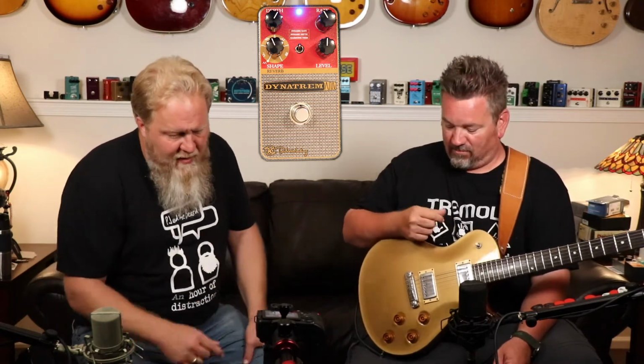We'll get to that pretty quickly. Dynamic rate in the up position, your speed knob is no longer a speed knob. It is now a speed sensitivity knob. It's how hard you have to hit it to get that speed to go up. I think we found about one o'clock you liked. Typically we would run all the knobs, but we're not going to do that. I think we're just going to run the different types, to give people a taste that way. So we have it in the sine wave, the depth a little bit over noon, and the sensitivity on the speed up a little bit. But before we get into that...